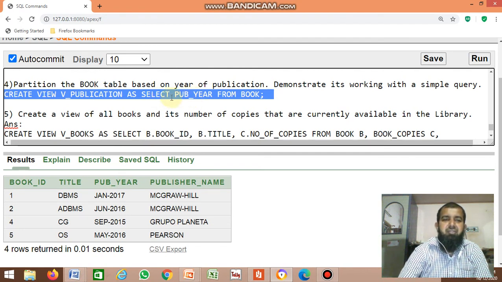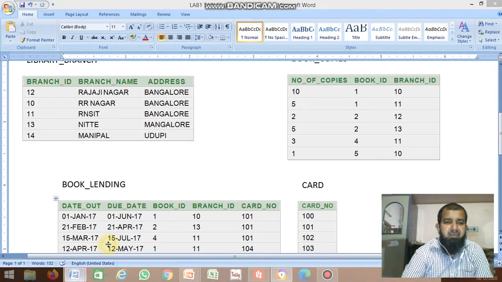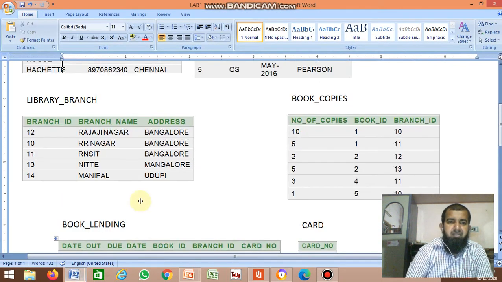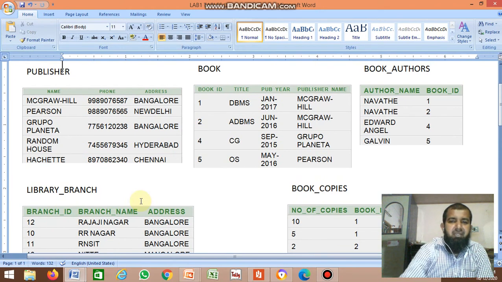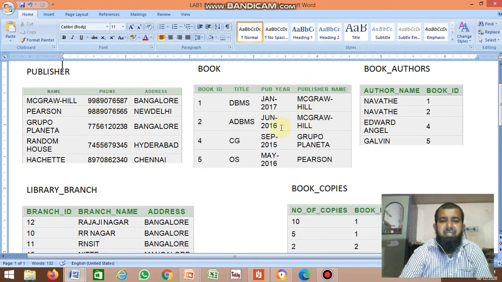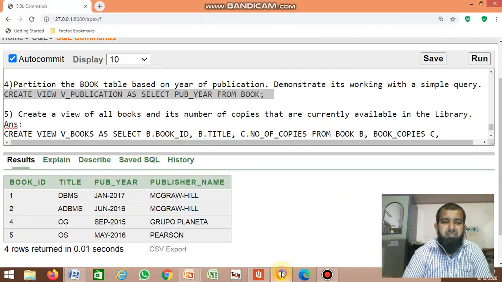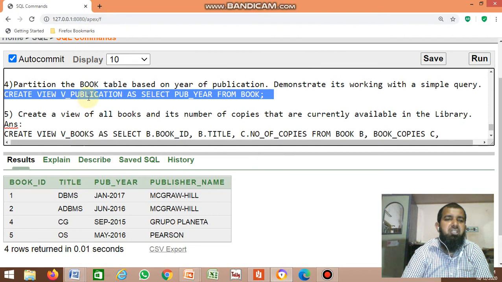And you are selecting only publication year. Actually the book table contains many columns. This is a book table. So from this table you want only publication year, you don't want other columns, only this column. And that one you want to save in the v underscore publication table.